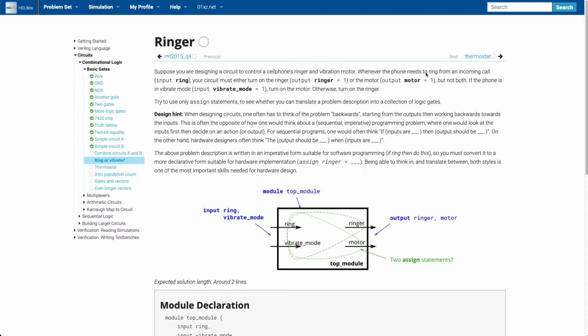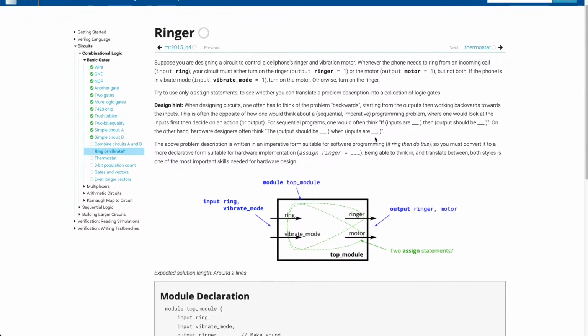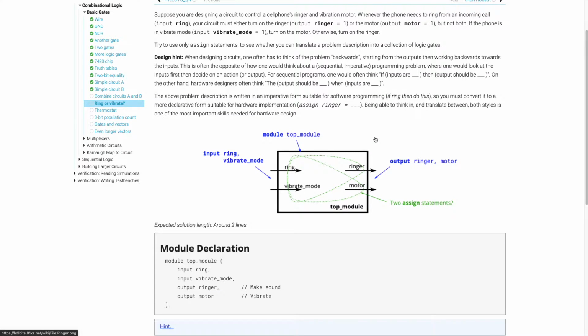Your phone needs to ring from incoming call. Ring. You must do ring or motor, but not both. If it's in vibrate, then turn on the motor. Okay. When the phone needs to ring from an incoming call,